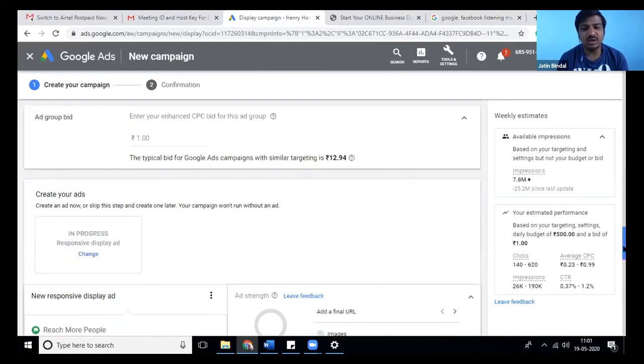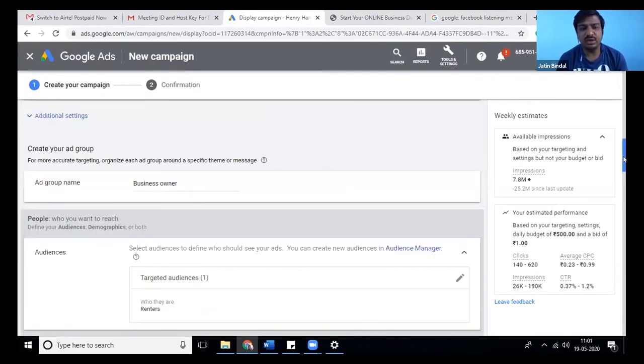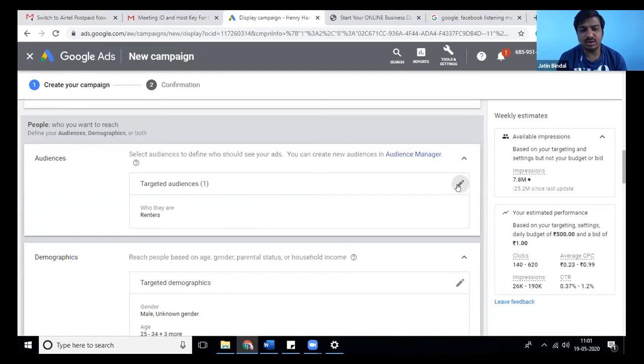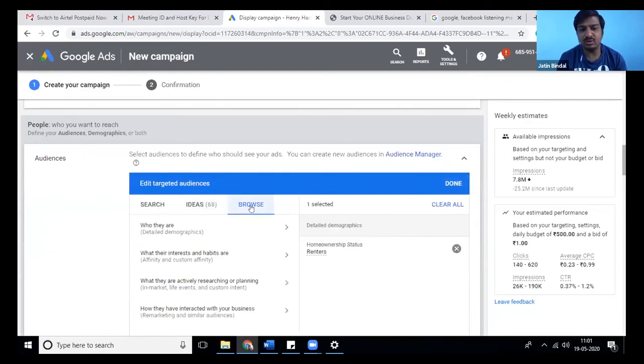Okay, so that is the targeting option. Now, how will I target business owners in the case of digital marketing for Henry Harvin? How will I find out the first type of audience, how should I target?